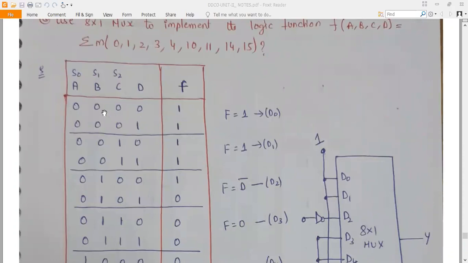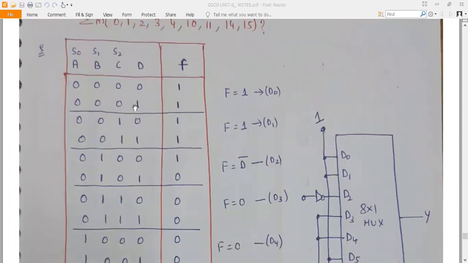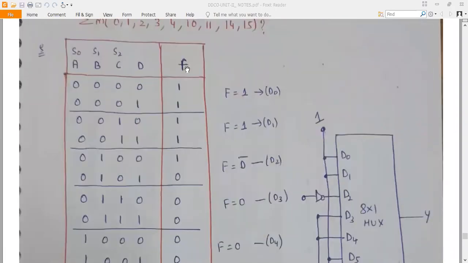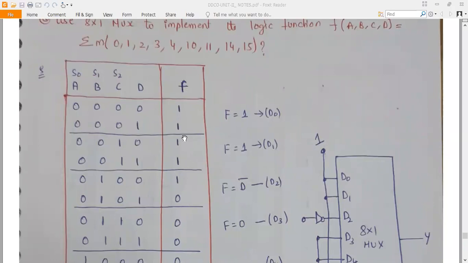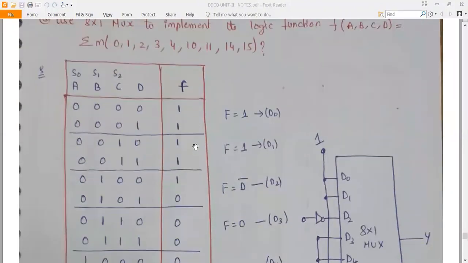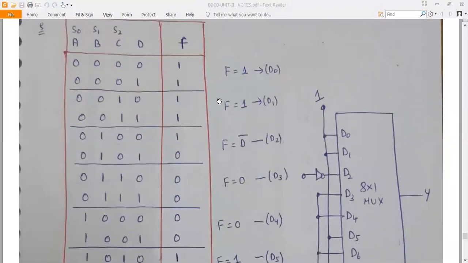So what we have done: we have 4 variables, that is a b c d, and you write all 16 possible combinations of a b c d, and write the function f from this table. Where there are these ones, 0 1 2 3 4, at all those locations keep 1, and all remaining will be 0. So once you have done this, then how do we go about it?